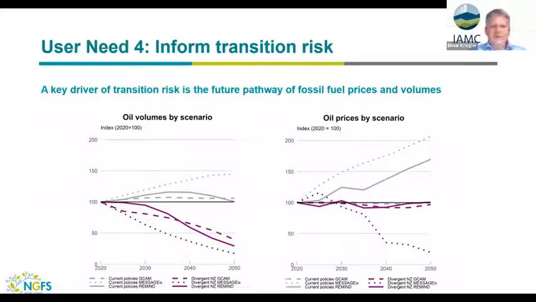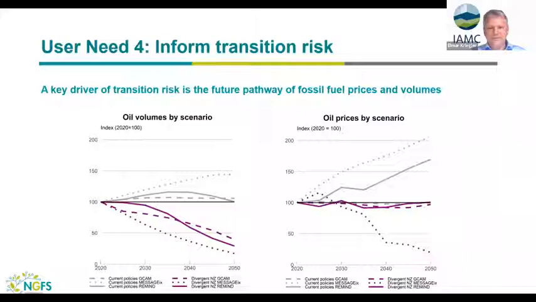Now, user need number 4 is to really inform the transition risk. So the question is, we now have these scenarios and they have some granularity, but what can people do with it when they want to understand financial risk, transition risk for their particular question? The first thing is to recognize what are the drivers of risk. One is very important in this context, the fossil fuel sector. So how are oil, coal, and gas demand developing, and how are the associated prices developing is an important question,